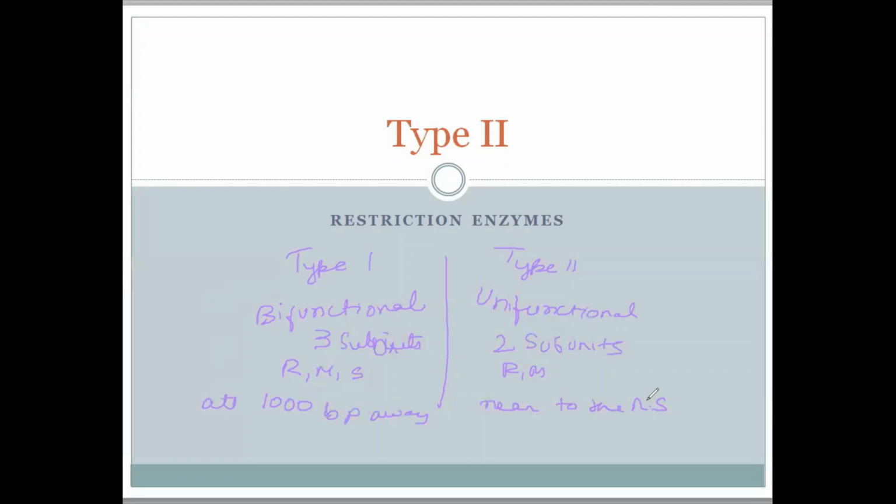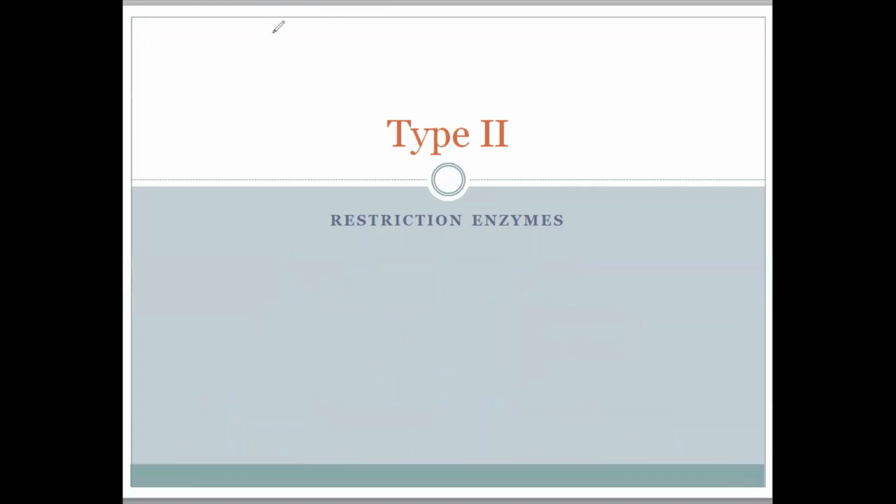Type 1 requires S-adenosylmethionine and ATP as cofactors, but when you talk about the cofactor for type 2, they need magnesium. I think it's really very easy. We have almost learned about the differences. In the next video, we will continue with more, that is, we are going to do